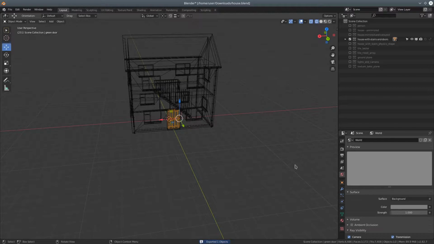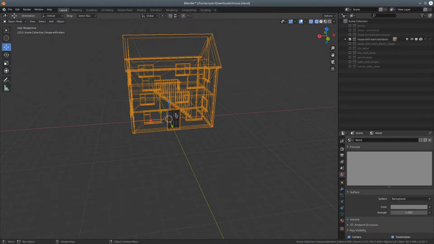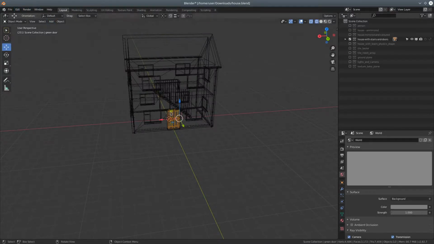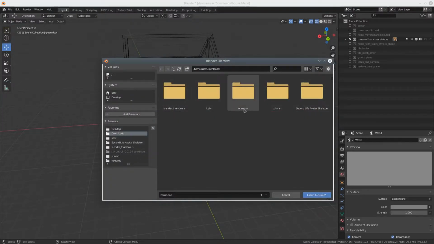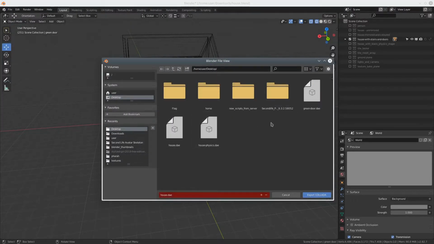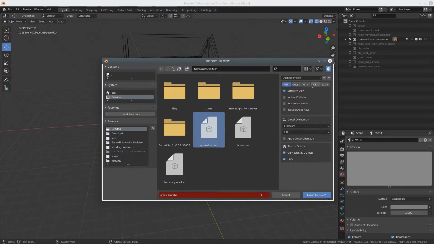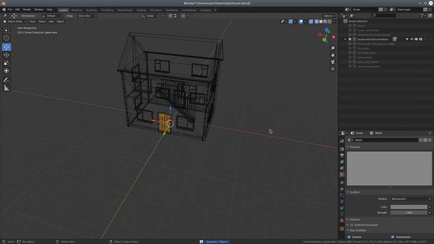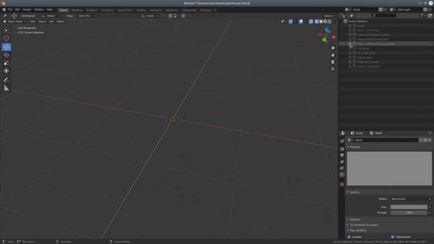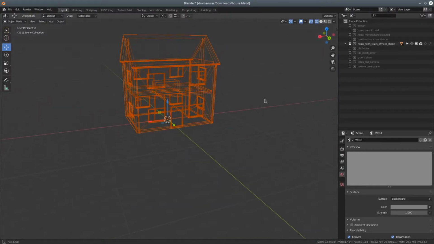Let's do the door next. So same thing again, actually. File, export, collider to the desktop, choose a file name, static as it is, that's fine. Export collider. Now we need to do the physics shape, so I'll just go over to the collections, select the